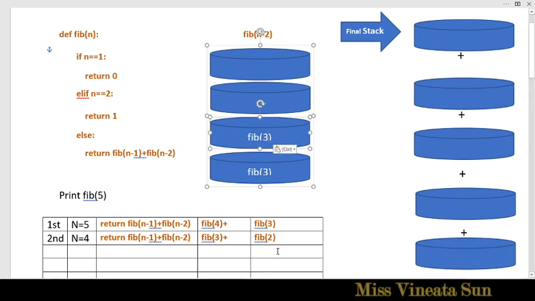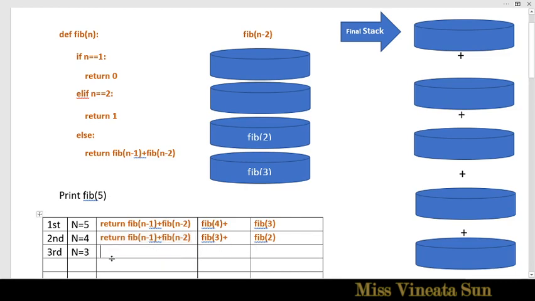Okay, but you see it's fib 2, not 3, so it'll be 2, right? Then this fib 3 of course will come here, so n will be 3, and again it's not equal to 1 nor equal to 2, so it comes to the else part again, same. So in the third call, n is equal to 3, and same thing,